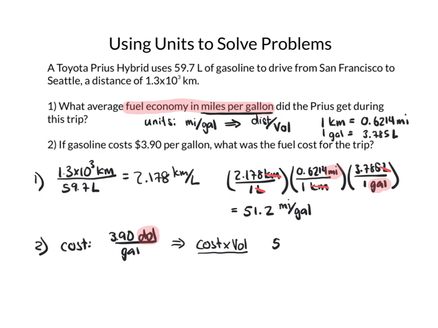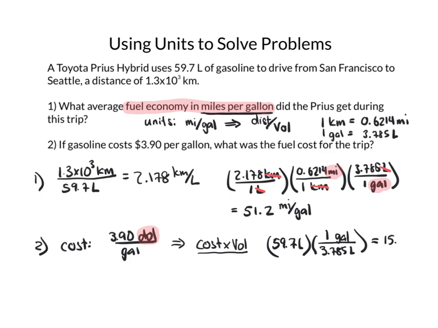So 59.7 liters, if I want to convert that to gallons, I need gallons on the top and liters on the bottom. So 3.785 liters is 1 gallon. And if I do that division, I get